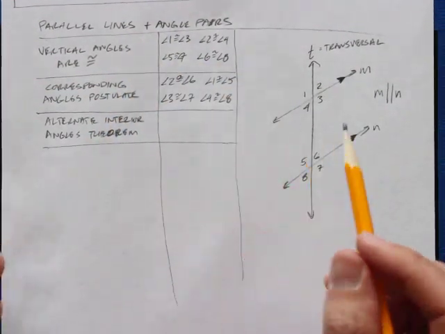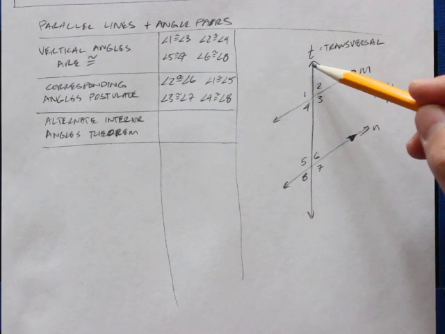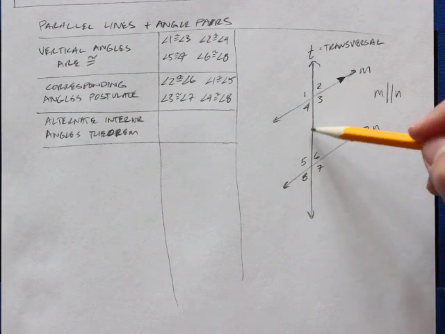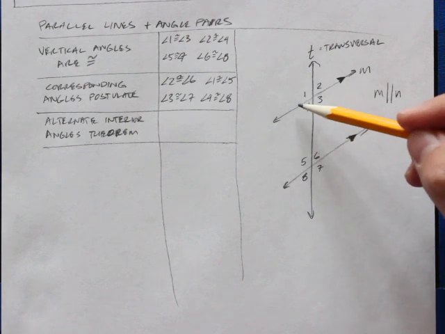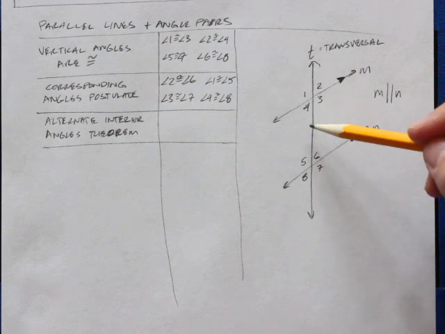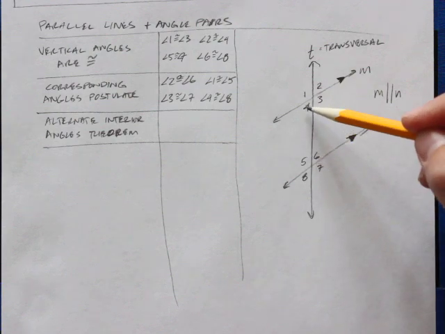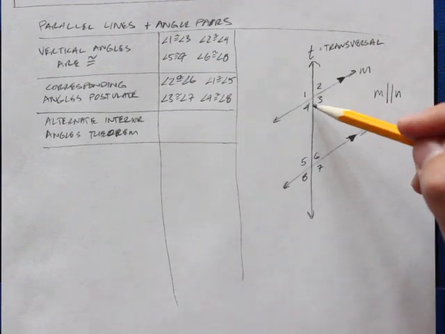Alternate interior angles. So if you remember, alternate means going across the transversal, and interior means between the two lines. So alternate interior angles, so 4 and 6, for instance, alternate interior angles are congruent. So 4 and 6